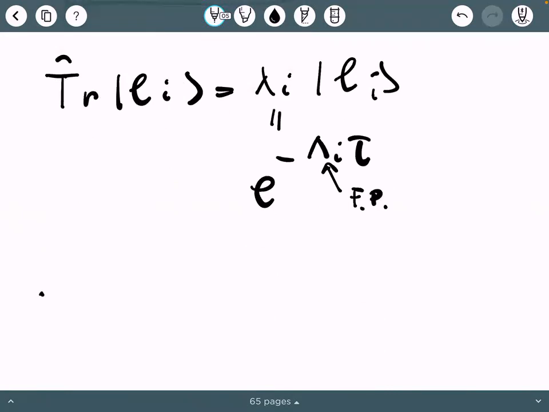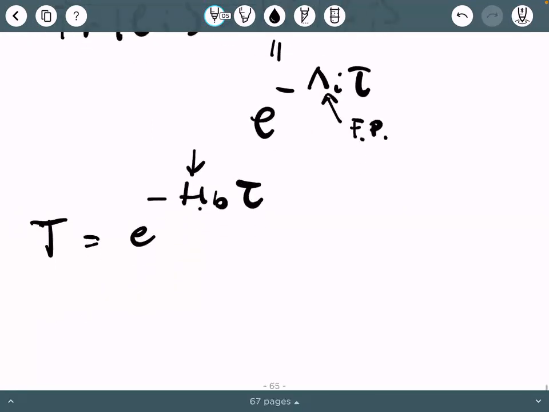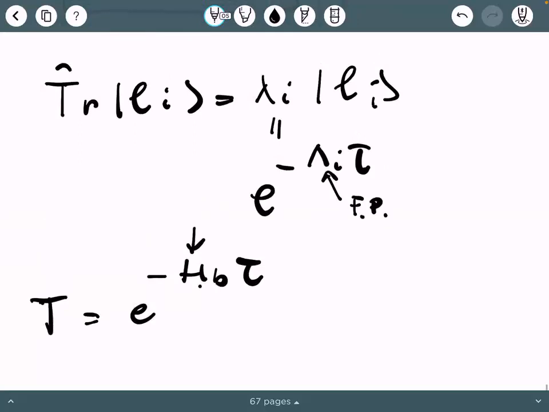Because if you remember, the transfer operator is e to the negative backward operator times t, and backward Kolmogorov and forward Kolmogorov have the same spectrum. So the eigenmodes of the transfer operator can be written in this form, where these are the eigenmodes of the backward Kolmogorov,